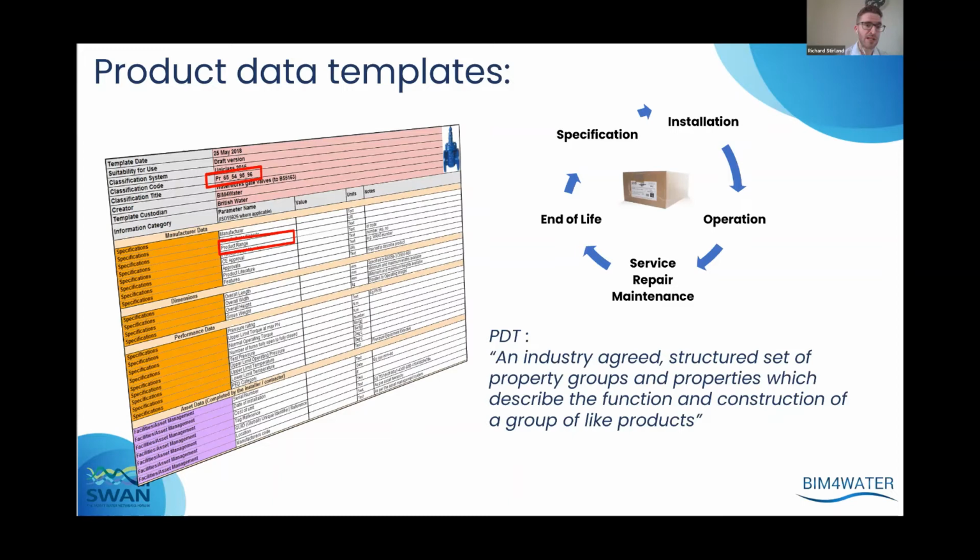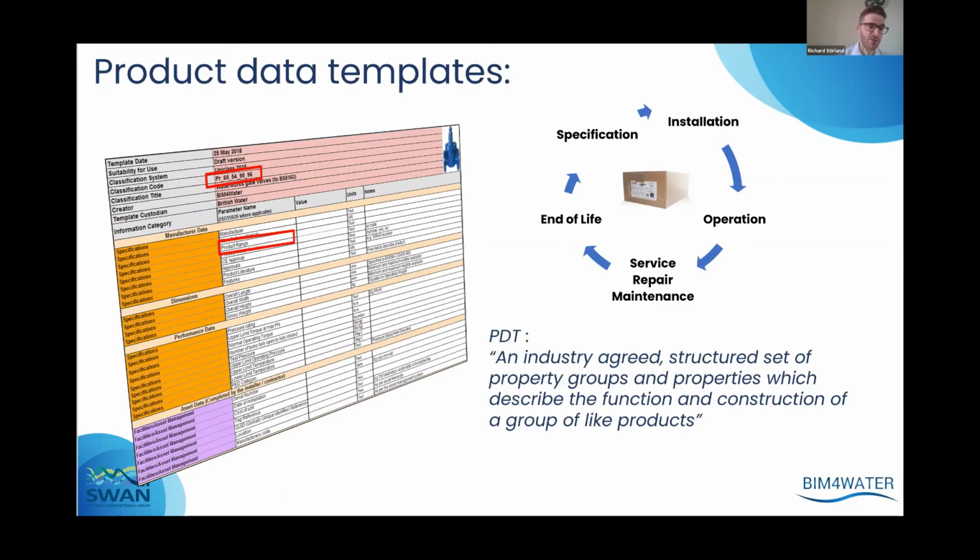And for every PDT we produce, there's a Uniclass code on it. So these are really, really important to us. Jamie talked about it earlier. They're a common classification for that product type. You can see that's the box kind of highlighted in red under where it says classification code. It's a code to describe universally what that product is.